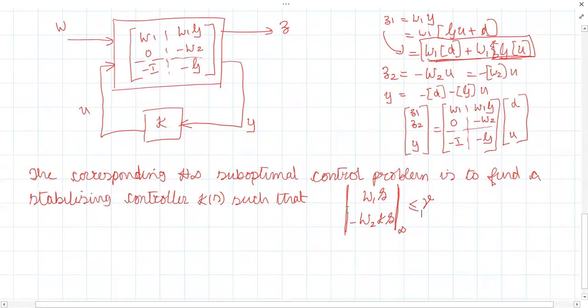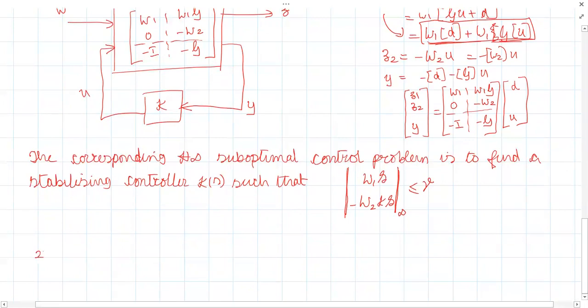Let us try that one as the next case 2. S bar T mixed sensitivity optimization problem. So basically, it depends on what are the performance index or what are the cost functions that you are trying to minimize.